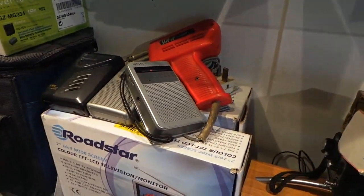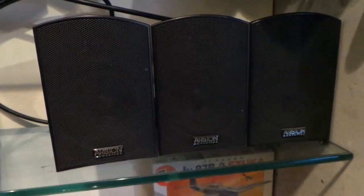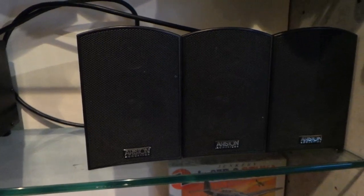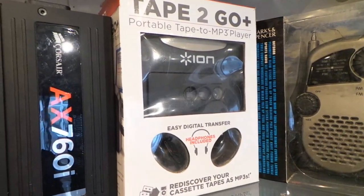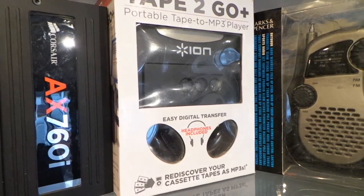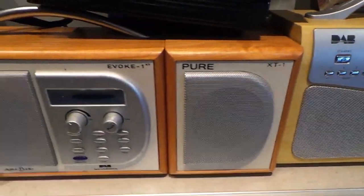I've had the black ones as well. I think they were the Weller Pro. My first power supply. Some Ariston acoustic speakers. I have a set of 4 of those. I've pinched one, it's actually on the workbench at the minute, just to test something. The tape to go, which I used to use for transferring tape over to MP3 and then MP3 over to CD or USB. And then down at the bottom we've got the FRG 120 or 120D, and then this I